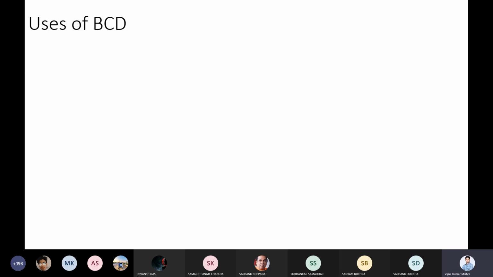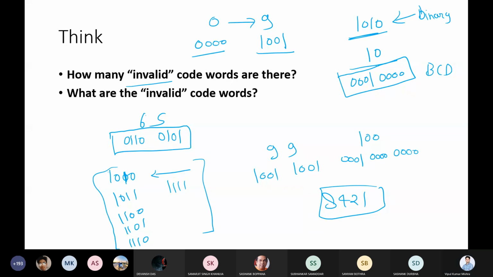Sir? Yes, speak up. Just a small query, sir. Does this BCD have addition and subtraction, similar to the previous codes? It has addition. We'll come into that. It seems a bit strange, sir, because we are doing this using digits and the code is up to 9 only. How can it have addition? Don't worry, we're coming into that, how to do addition and all those things.